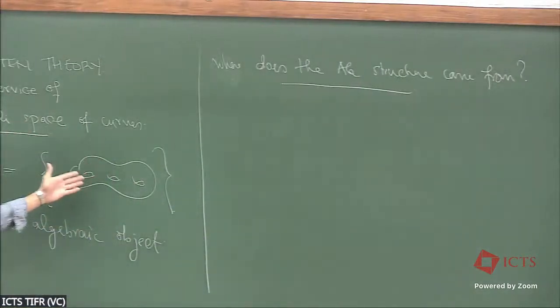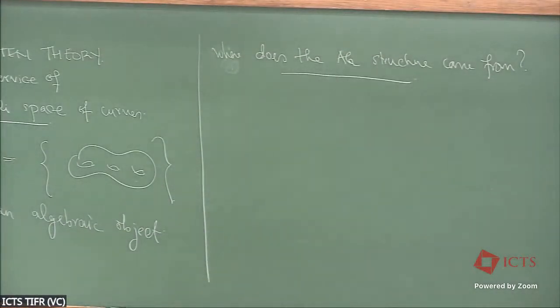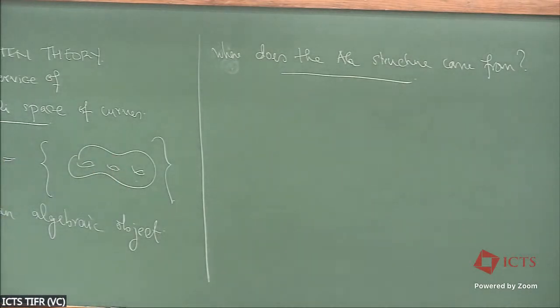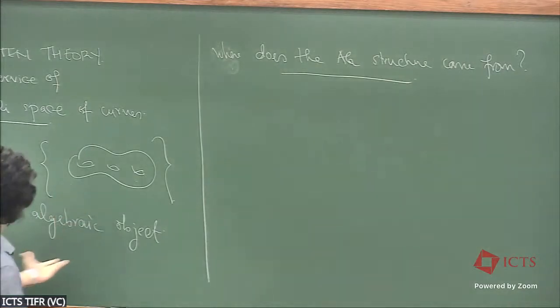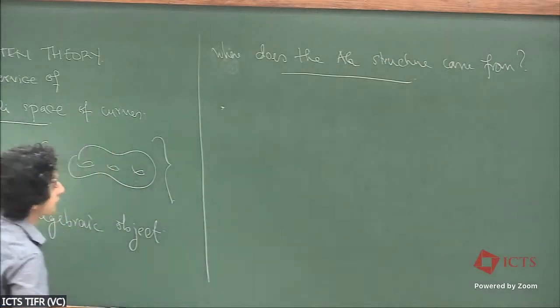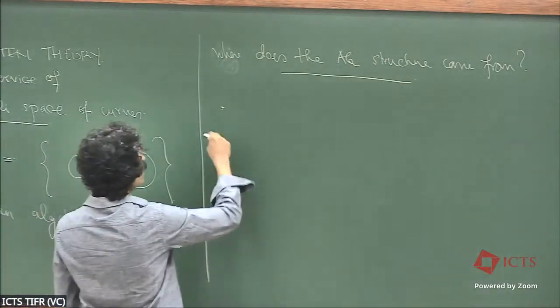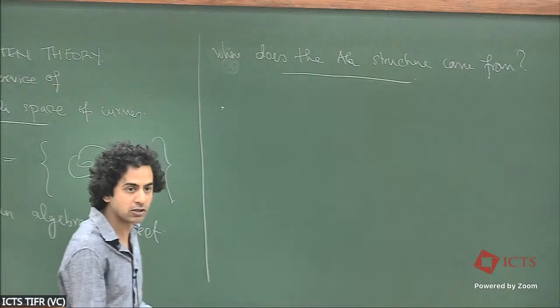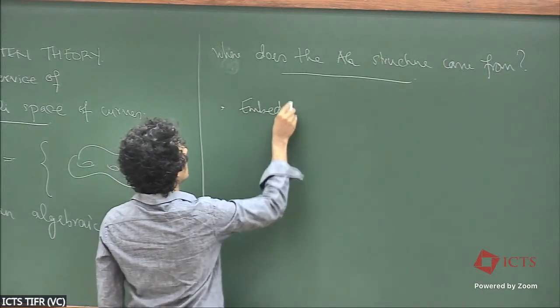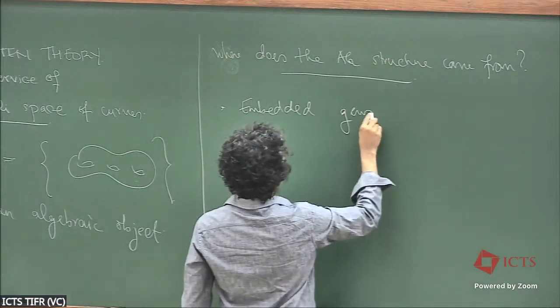So maybe one of the things that makes this object mysterious is that it's the moduli space of abstract Riemann surfaces. These Riemann surfaces are not embedded anywhere. They're not presented to you in a favorite way as a vanishing locus of some polynomials. That's what makes it difficult to understand all of these objects at once. And so where the algebraic structure comes from, at some point, is that algebraic geometers are very good at constructing moduli spaces of embedded objects. So embedded, let's say, genus g